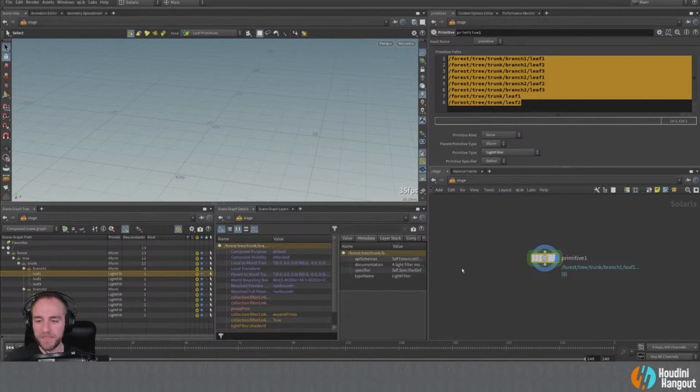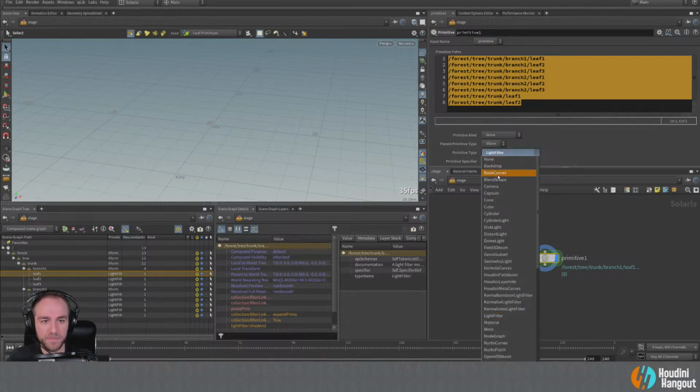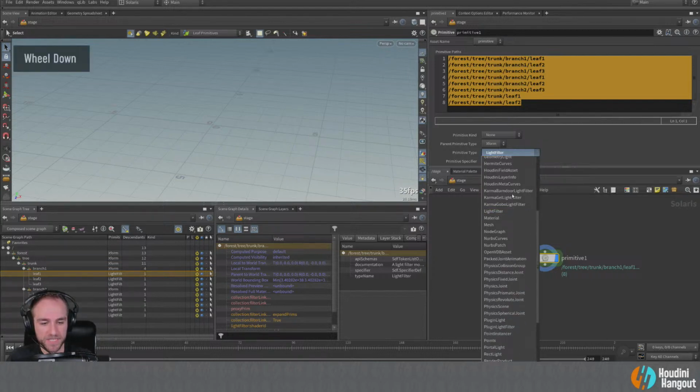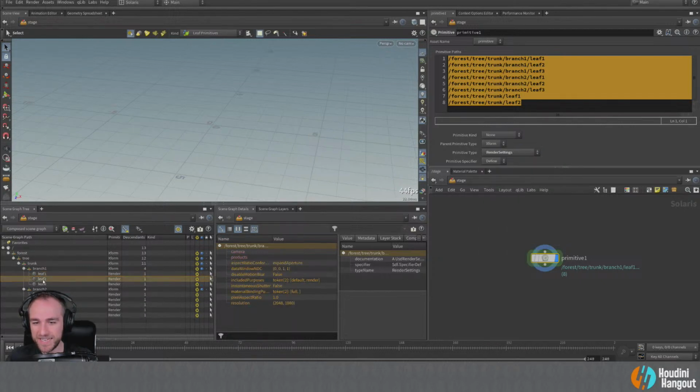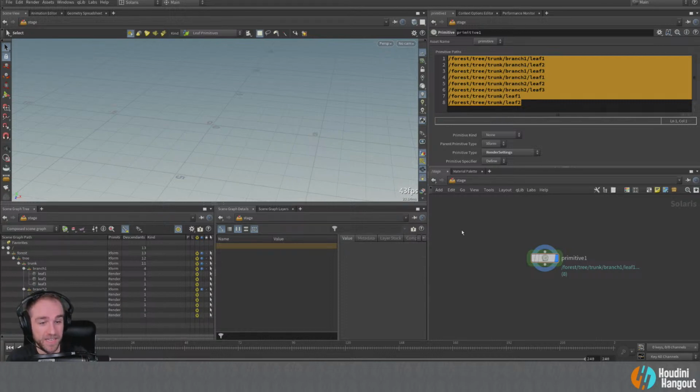So just something to keep in mind, that you can set up a bunch of different hierarchies with this primitive node, to start out with where you're going to go with your scene. Another thing to keep in mind too is that there's some really weird types of primitives. One of them that's really interesting is that there's render settings here. So you can actually set up render settings as a primitive. So it lives in your scene like that.